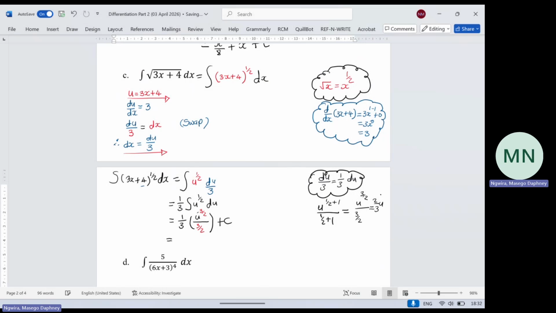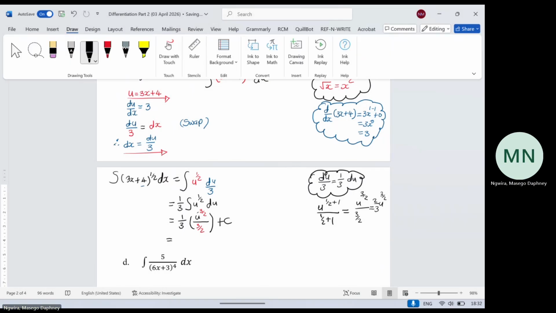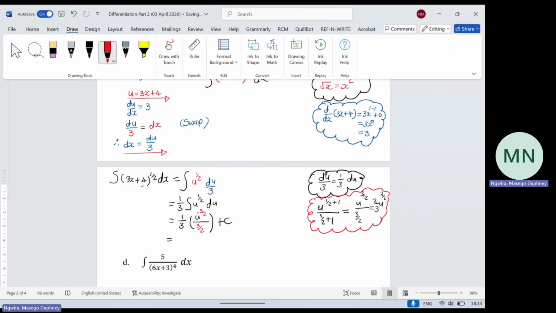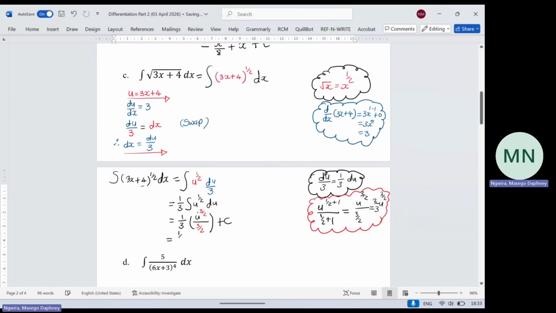Please refer to the last lesson, you'll understand how I got this. But when you say 1 divided by 3 over 2, you're going to get 2 over 3. It's the reciprocal. With the calculator, you say 1 over a fraction. What is the fraction? 3 over 2. Then it's going to give you 2 over 3. Do you understand that? So it means that here I am going to have 1 over 3